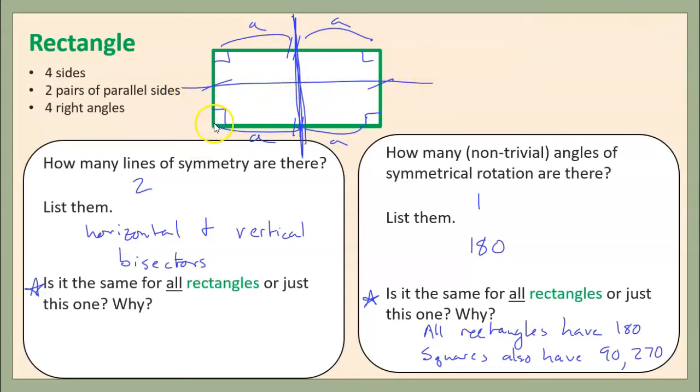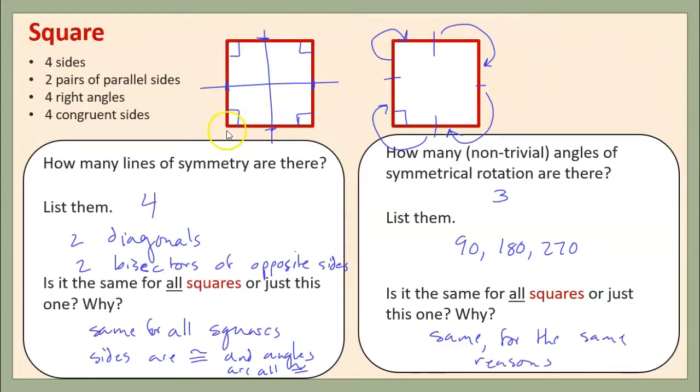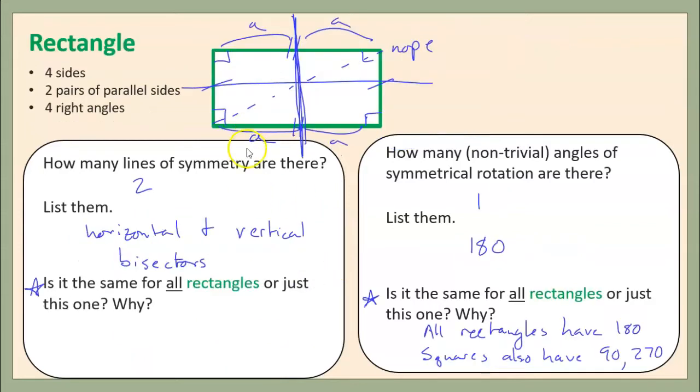Now what about the diagonals? We said the diagonal wasn't in this case. This is a nope line. But what about squares? We said that squares had diagonal lines of symmetry. So if we have a square rectangle, again, this is going to be an exception. So all rectangles